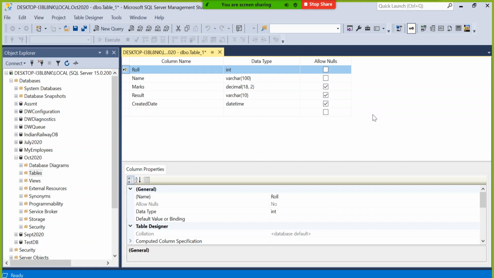Dataset means set of data. So I have 100 students' detail. If I have a roll number column, easily I can represent each student with a unique identifier called roll number. So I defined primary key roll number.